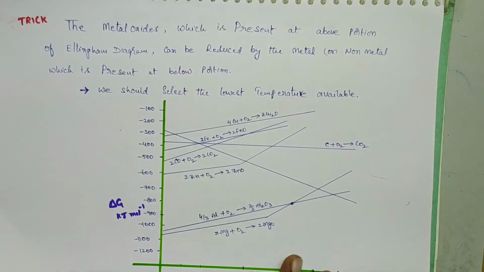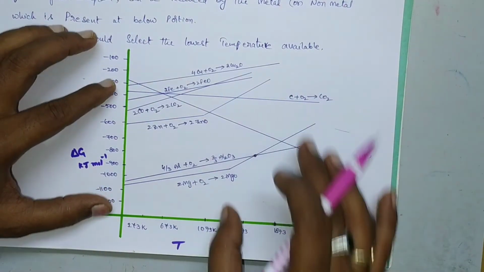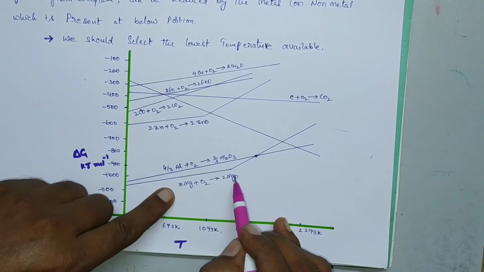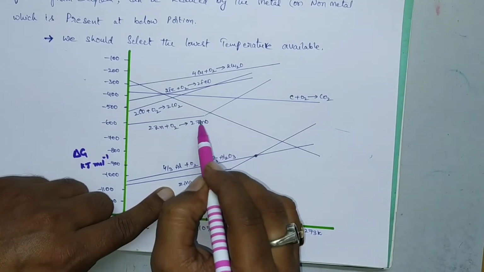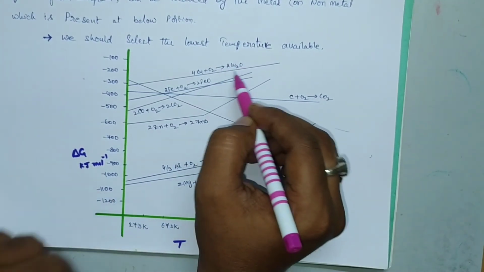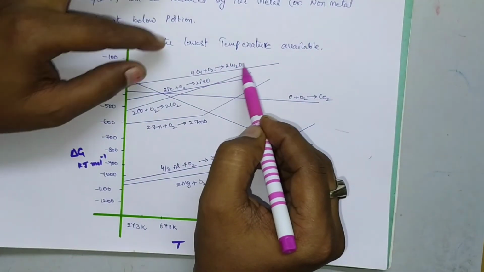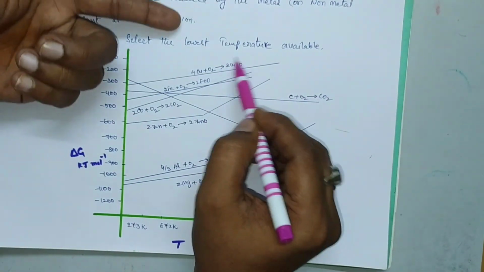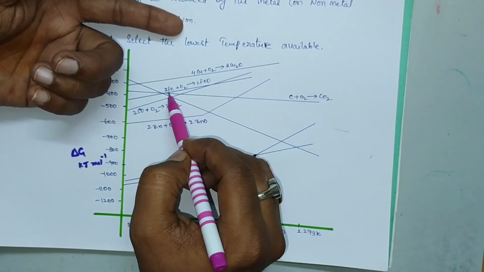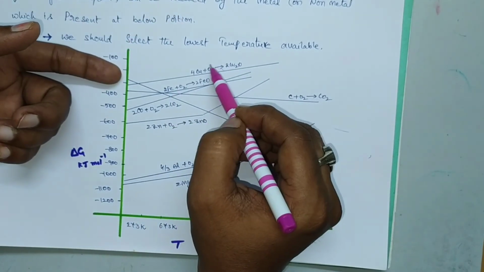Okay, so let us have a look at the entire portion of the Ellingham diagram. So here this is the entire portion of Ellingham diagram. So here there are so many oxidizing processes. Suppose if you take magnesium oxide, aluminum oxide, zinc oxide, carbon dioxide, iron oxide and copper oxide. So all these are the formation of their oxides. So here copper oxide is present above the portion of the Ellingham diagram. So this metal oxide, copper oxide, can be reduced by iron, but iron oxide cannot be reduced by copper.